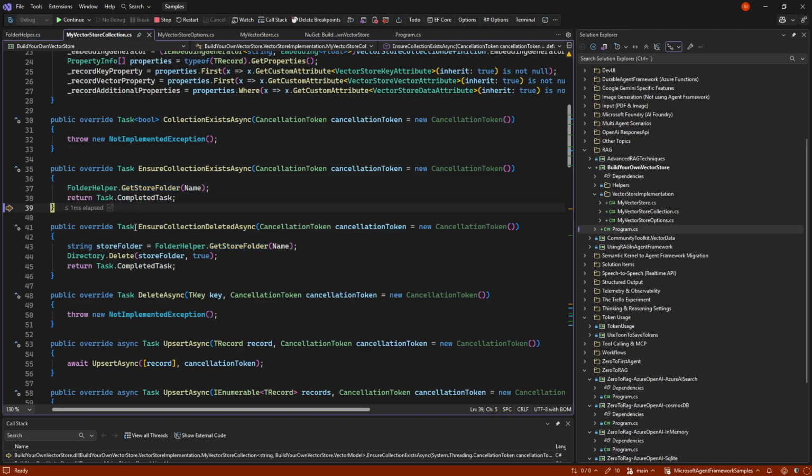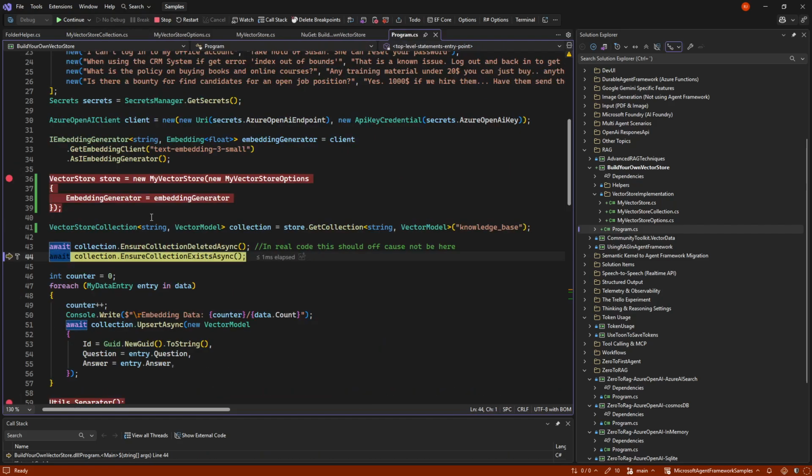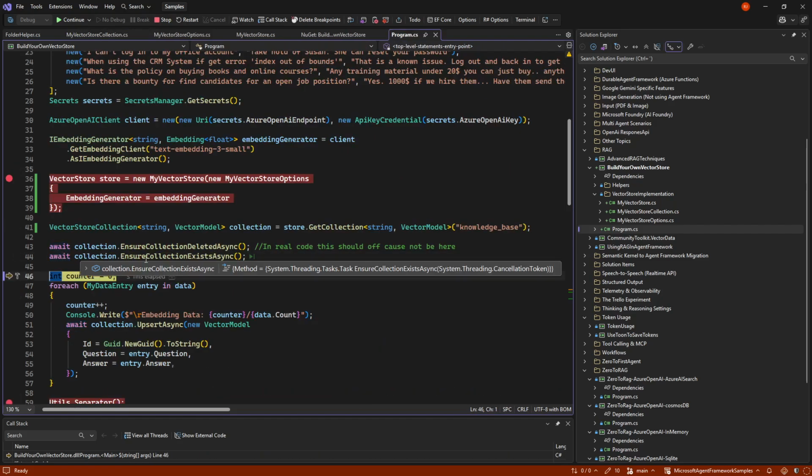It could have been one big JSON file. It could have been binary files. It could be in blob storage. Probably not a good thing because that would give a lot of latency, but there's different options, of course. So now we have our collection. Not really done anything other than create a folder in a temp folder.